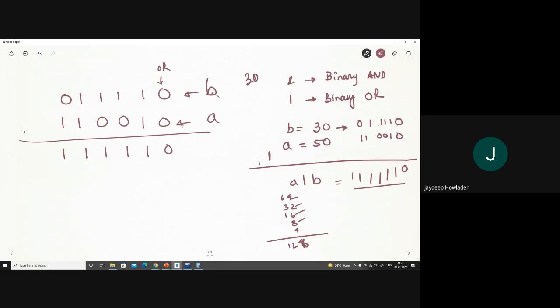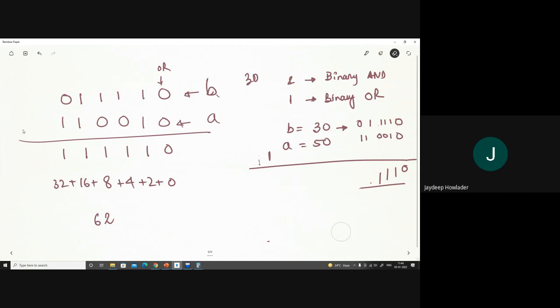Oh, I have written one extra 1 now. It is 1, 2, 3, 4, 5. So this is 2 plus 4 plus 8 plus 16 plus 32 plus 64, I guess. That is 62. So what was the expression? 64 minus 2.